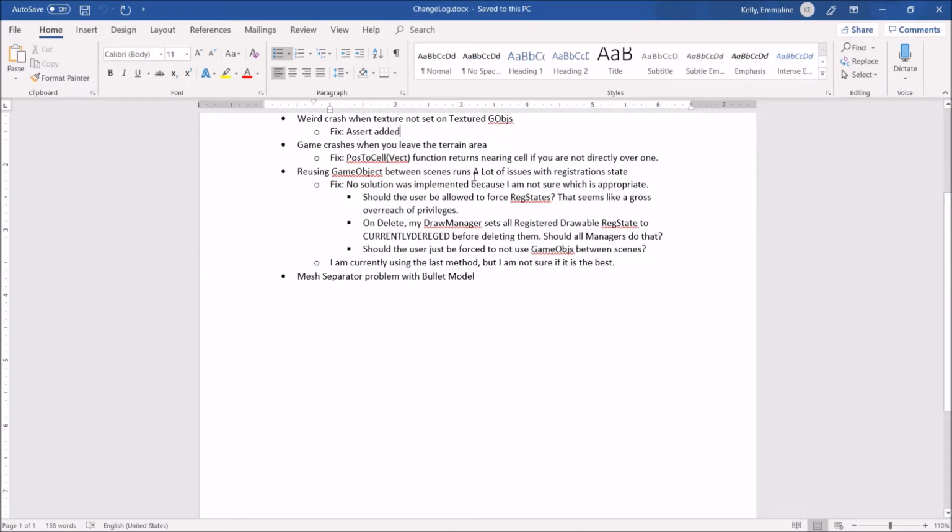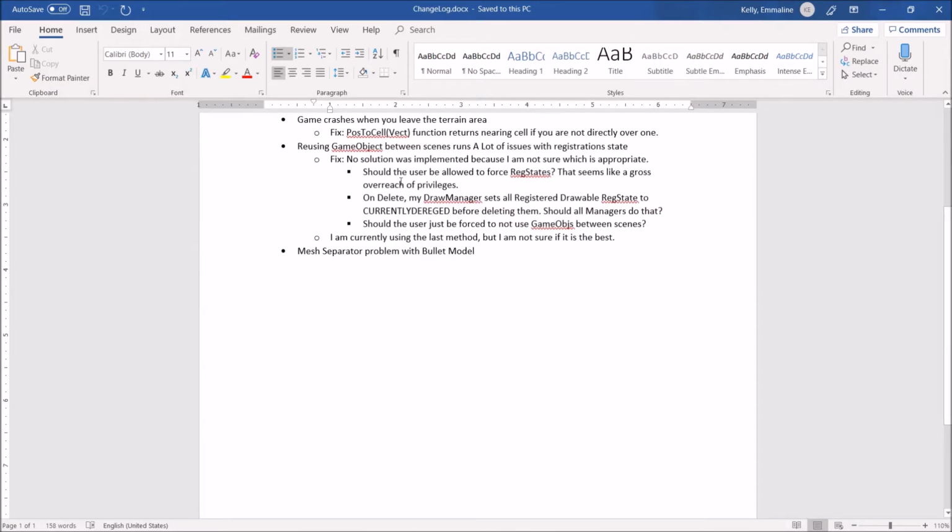If you end a scene and the object is registered for update, scene exit isn't able to be called on it because you don't have a scene to submit exit. You end up at the beginning of the next scene when you try to reuse that game object with the registrations that I had at the end of the last scene. So a few solutions I was thinking about, and I haven't settled on one, is